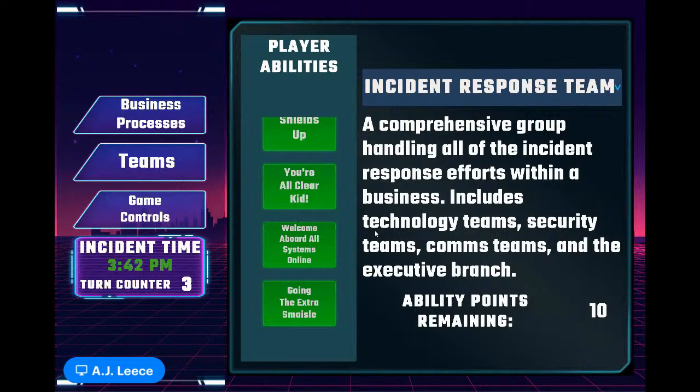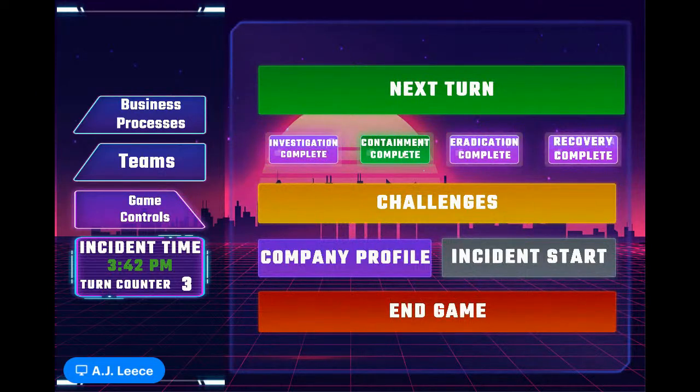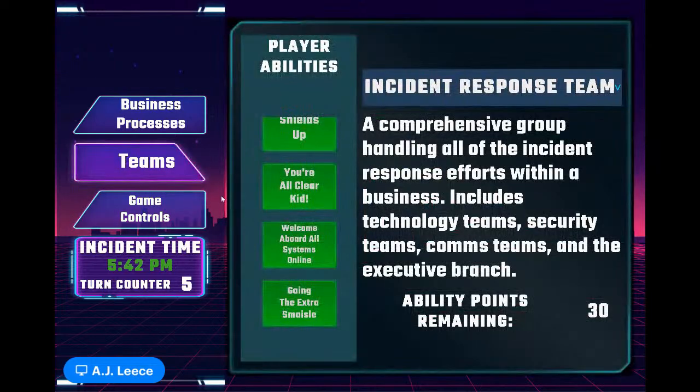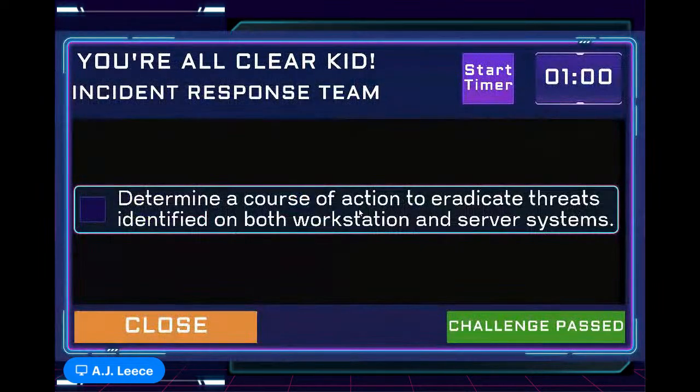And the beauty part about the way this is designed is the customer interaction is 100% designed to be an unknown. We don't know how well it's going to work until the end, where we'll get to that. So now that we've successfully identified the problem and contained everything in the business, it's time to eradicate the threat. In this case, we're going to be looking for all the sources of persistence.